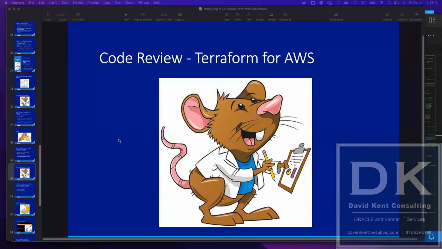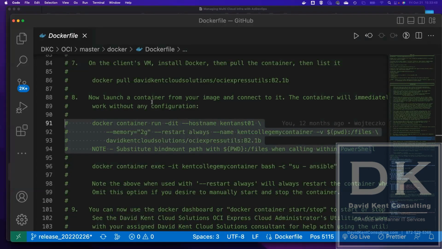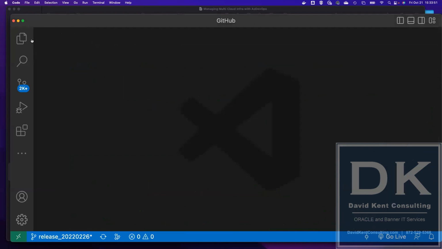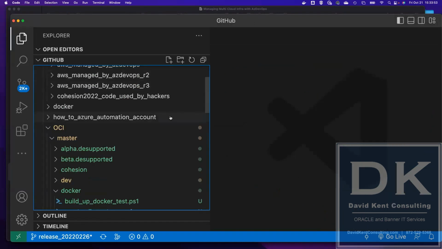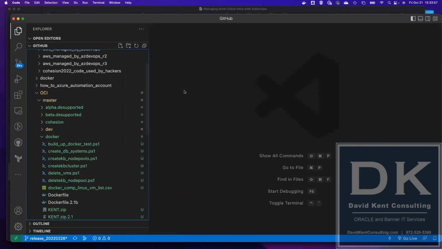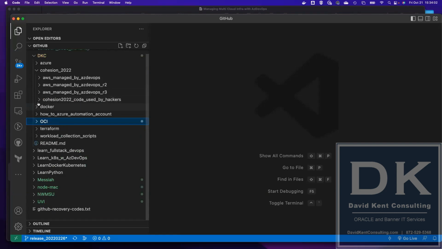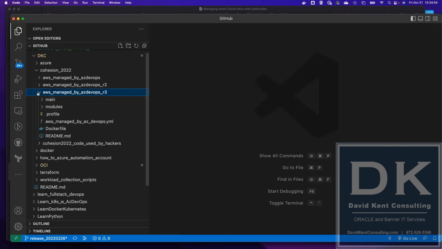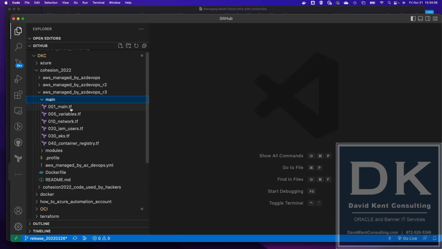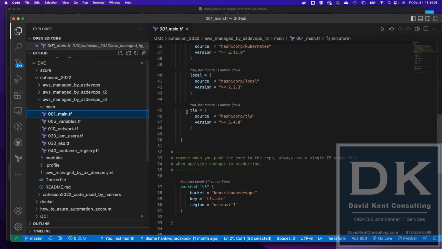Okay, so we're going to review the Terraform code. I'm going to go ahead and pull that up now. And this is the Terraform code that we're going to look at for AWS. First of all, in main,